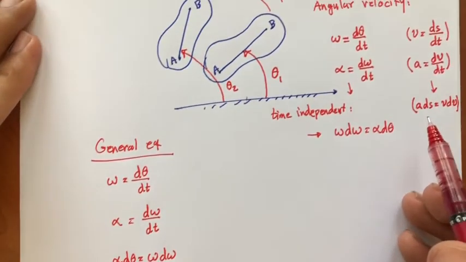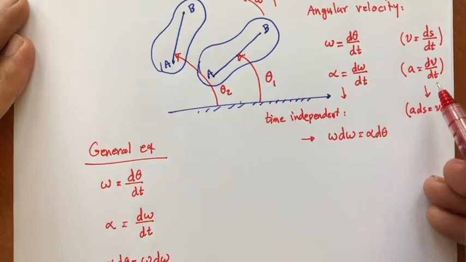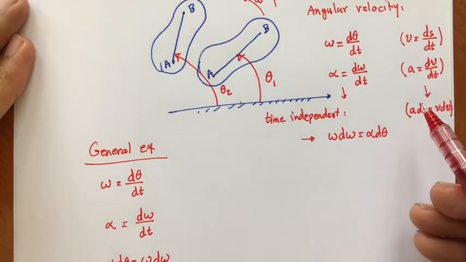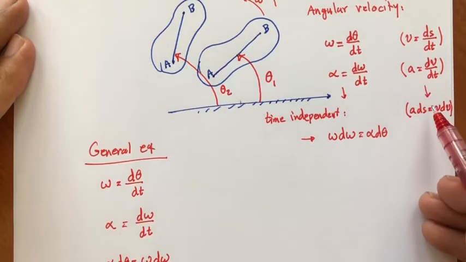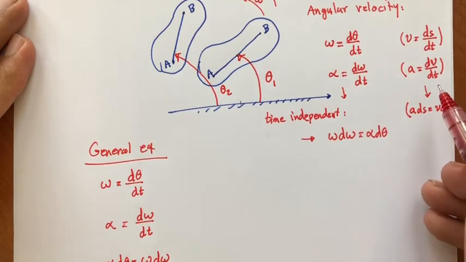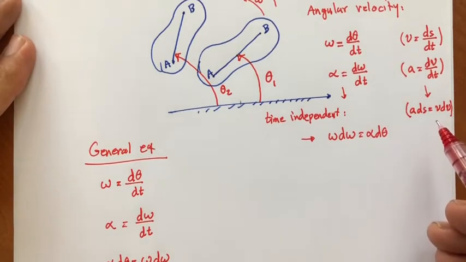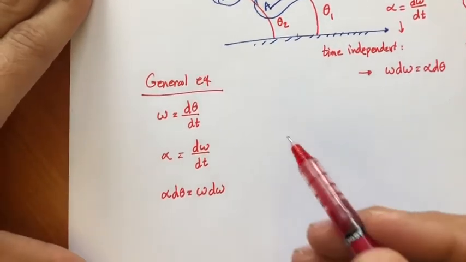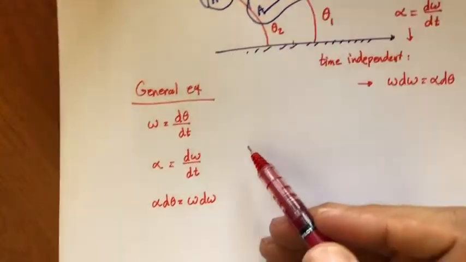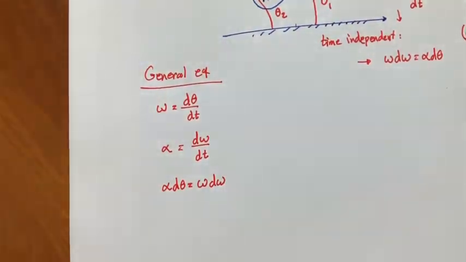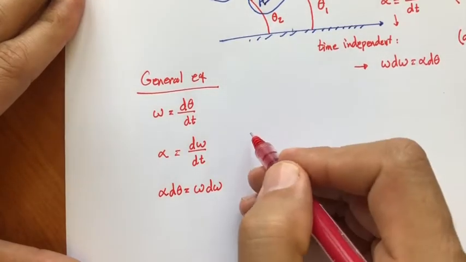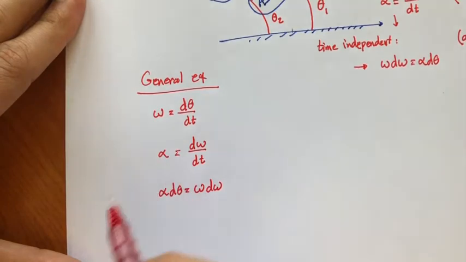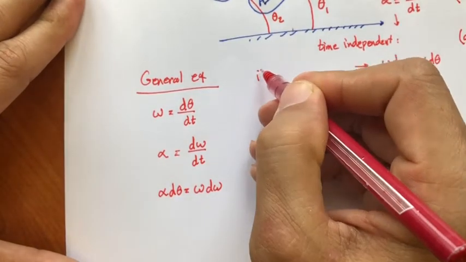And if you remember, for linear movement, for movement of a particle on a line or also in a plane, if acceleration is constant in that movement, we can integrate these equations to find three algebraic equations, which are much easier to use than these differential equations. We can do exactly the same thing here, the same process. So I'm not going to write the details of it because it is exactly what we did for movement of a particle. So if acceleration is constant, which means angular acceleration is constant,